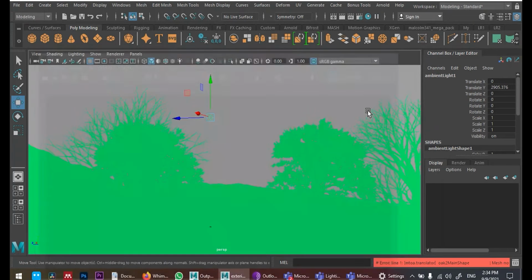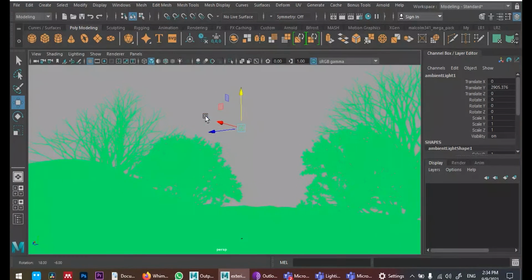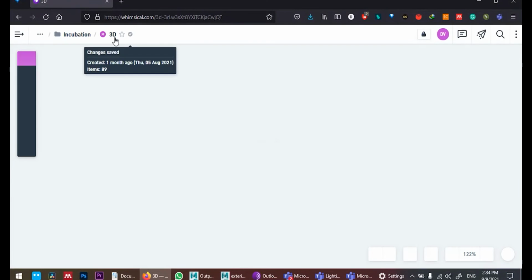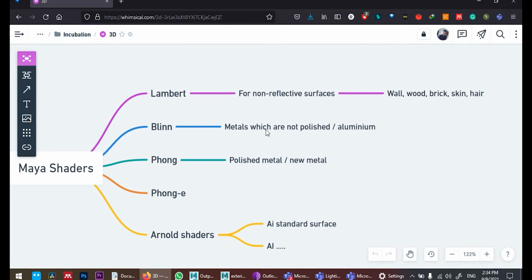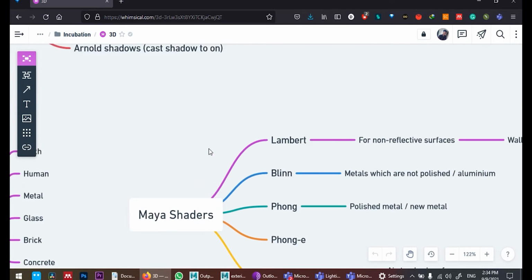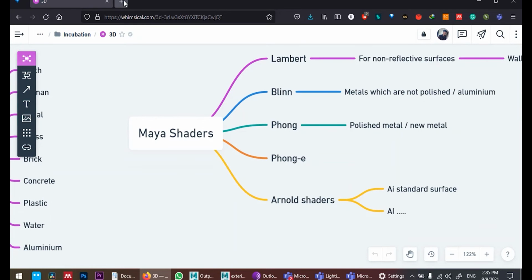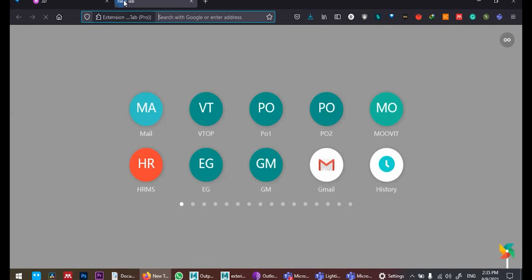So what are materials, sir? How do you use it? What do you call a shader? That's what the class is about. Now look at this. These are all the default shaders. We call these shaders. Why? What are shaders about? So let's talk about shaders